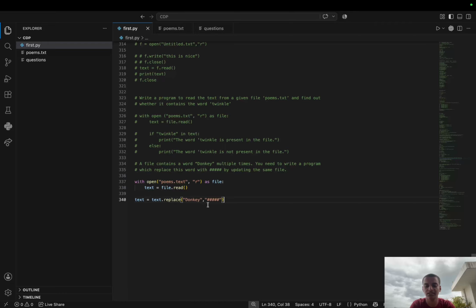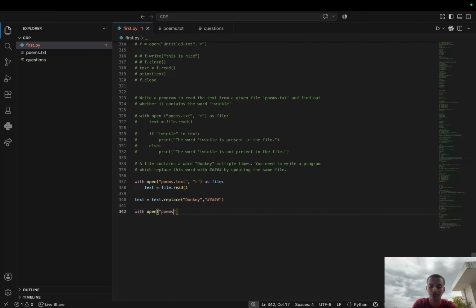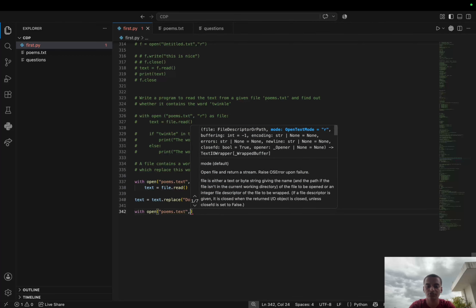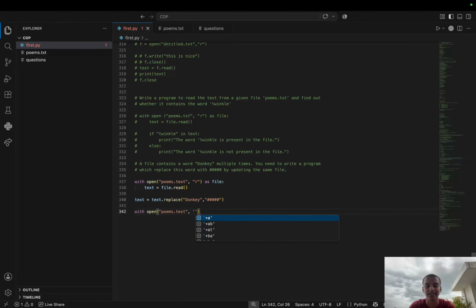अब हम क्या कर दिया हमने, रिप्लेस। अब हम क्या बोल रहे हैं कि भाई जो है ना, इसको ओपन करो फिर से। ओपन क्या करना है, ओपन हम करेंगे poems.txt को ही, लेकिन इसमें हम राइट कर रहे हैं, क्योंकि हमारा आर वाला यूज होता था रीड करने के लिए। अब डब्ल्यू वाला किस लिए यूज होगा, राइट करने के लिए। तो हम राइट करना है विद द हेल्प ऑफ डब्ल्यू